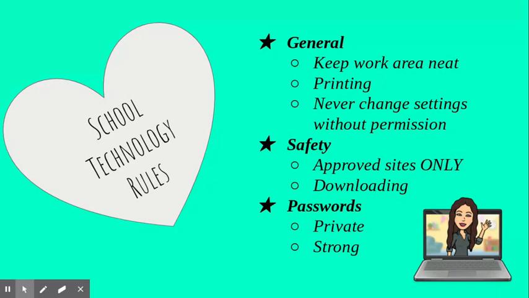Password safety is next. You want to make sure that you keep your password private and secure. You should not share your password with anyone other than a parent or guardian. You should also be sure to keep your information private. Never give out personal information online because you can't be 100% sure that the person you are giving it to is someone that you can trust. Make sure that your password is strong. It should be with letters, numbers, and symbols like a star. Aim for at least 8 characters long.